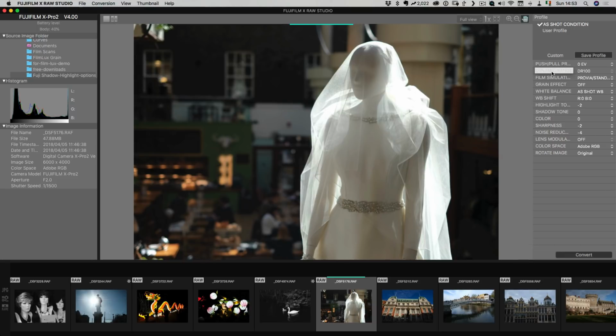Now, the funny thing is, if I actually use the raw file in something like Lightroom, you can still recover detail from this, so it's not as big of an issue. But again, because this is quite backlit here, I can give you a good example of the difference this makes. So at the moment, this is set to -2, which is going to give you the most amount of recovery. So if I set this to 0,